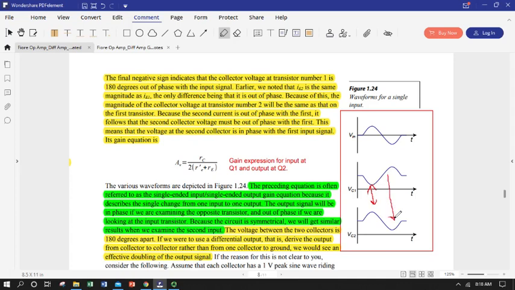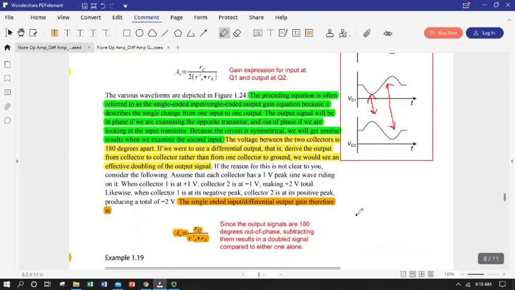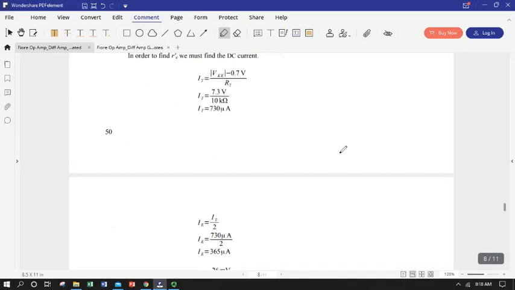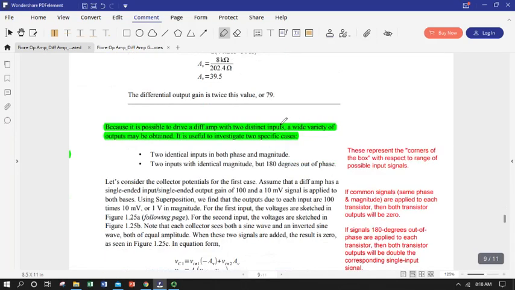So we can either, if we subtracted VC1 and VC2, they would cancel out. If we added them, if we subtracted them, they would double. So we can get very, very different outputs depending on whether we add or subtract or we just take one or the other. That starts to form the basis of all the great things we can do with the differential amplifier, because we can combine different inputs